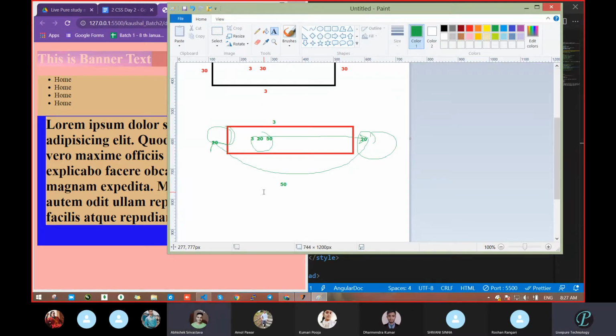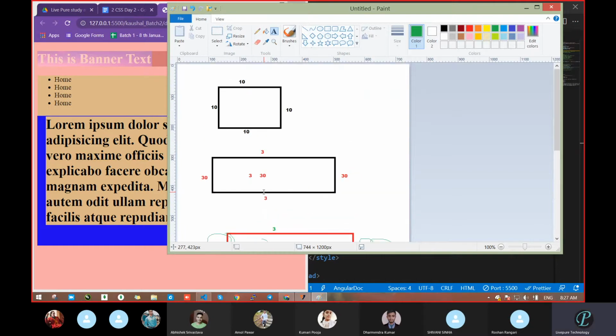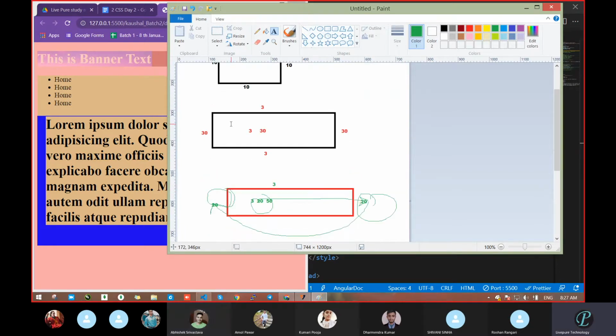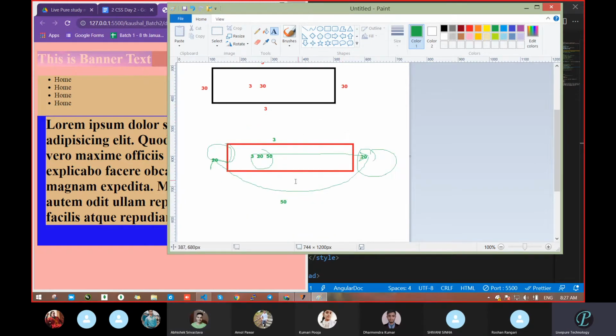Anyone having any doubt? Tell me. With just one value, all directions, no contradiction, no issue. When you have 2 values, first value will be on the top and bottom, second value will be on the left and right. As usual, second value goes on the left side, same thing is done here. Second value going in, means 20, which is 20. 1 second.